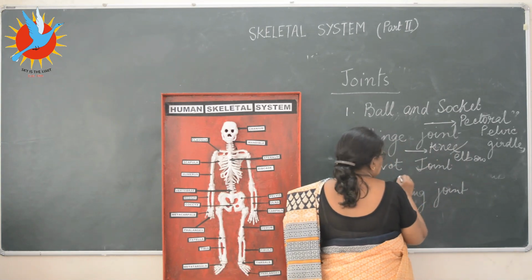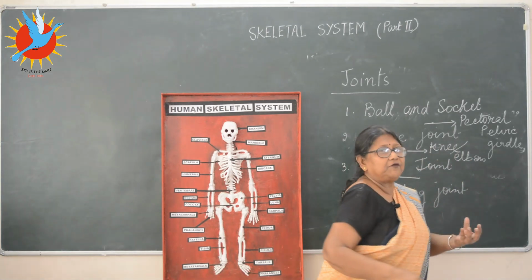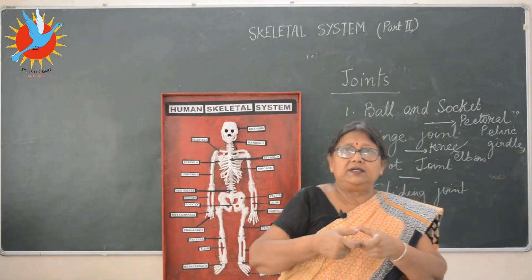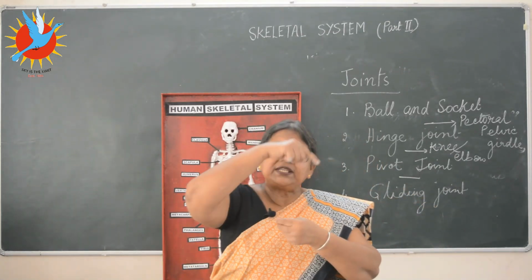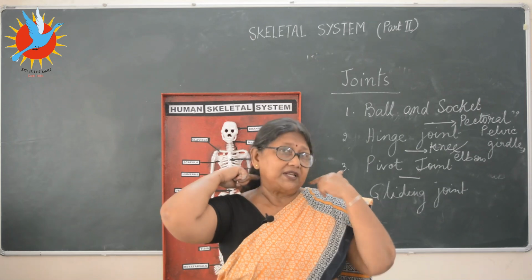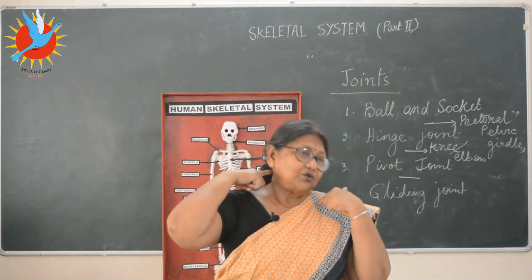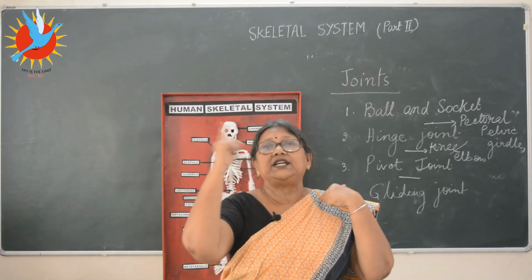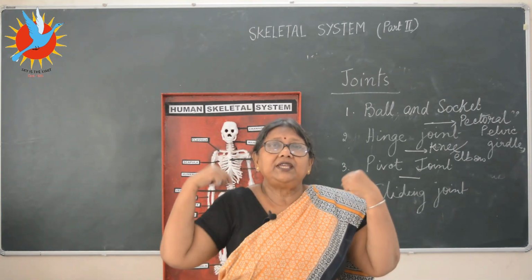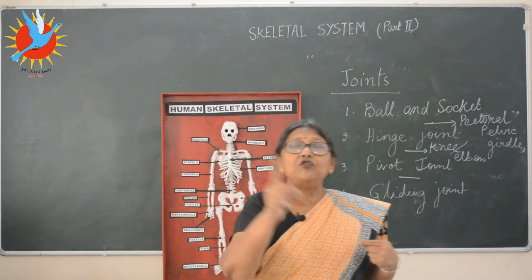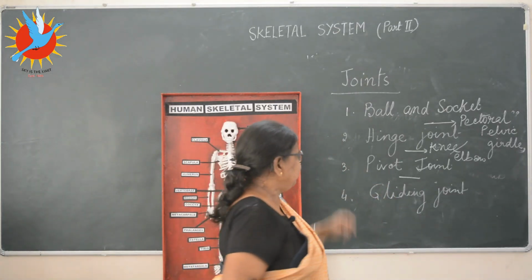Two, pivot joint means on one stand where it can move, rotate, like this part. I can move it like this. Can I move it like this? So this joint where I can move, turn it. Or what about my shoulder here? I can move it like this. So these joints where it can move, turn, that is called the pivot joint.